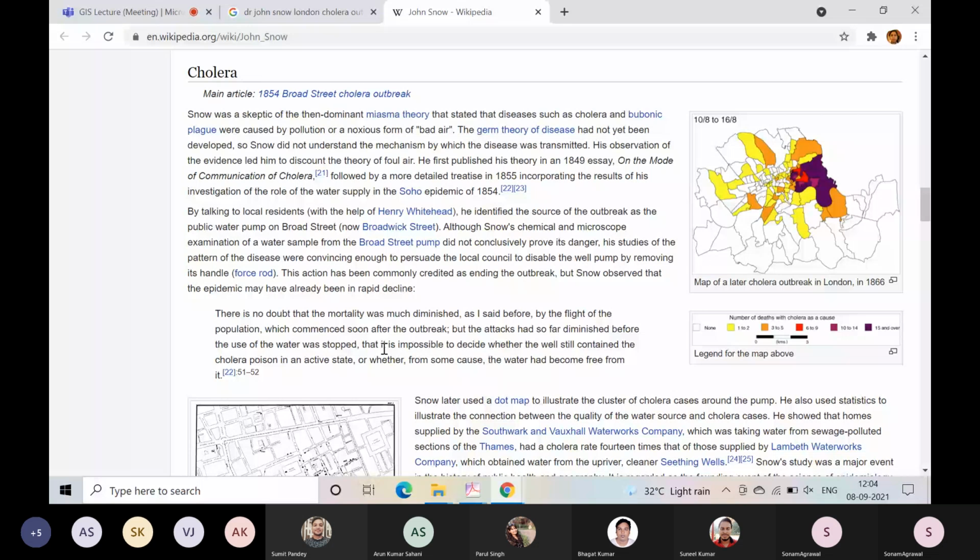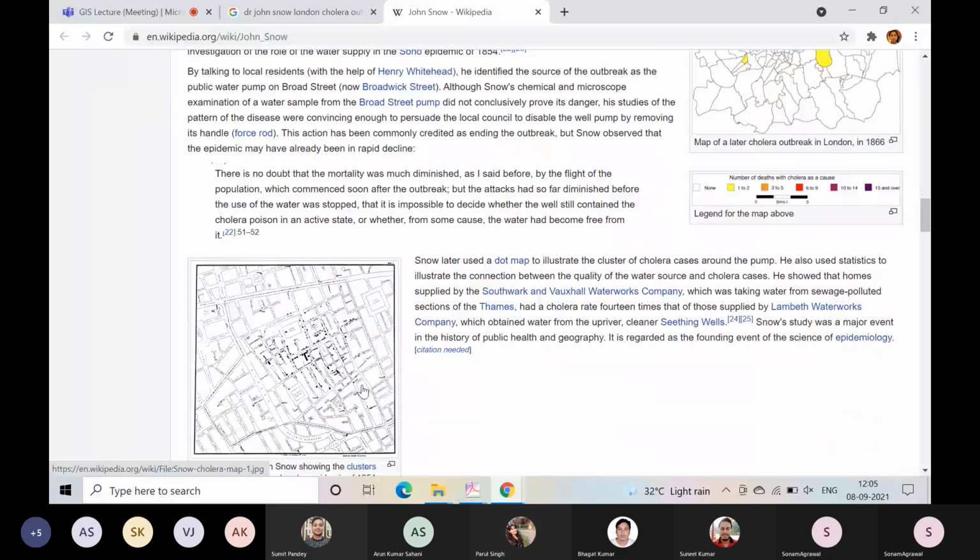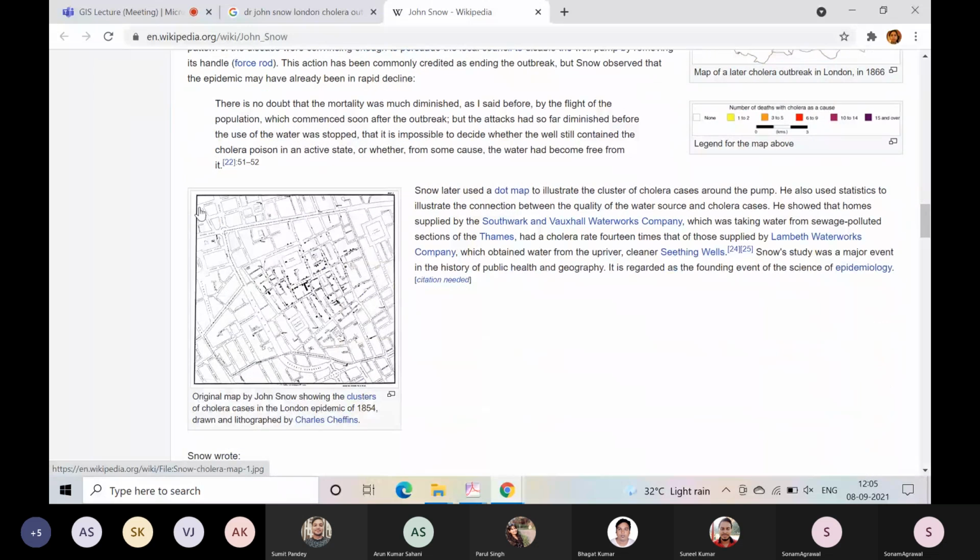What Dr. John Snow has done, he has taken the record of all the people who have died because of this unknown disease. And then he has taken the map of London. As you can see on the screen on the right hand side, there is a map. This particular map is the original map, which is created by Dr. John Snow. On this map of London, he has marked all the people who got affected, who died by this particular disease. After mapping, what he has found,